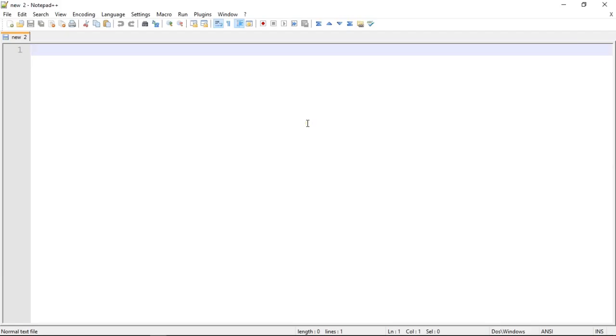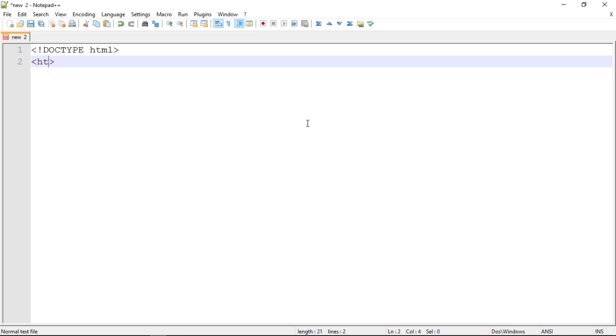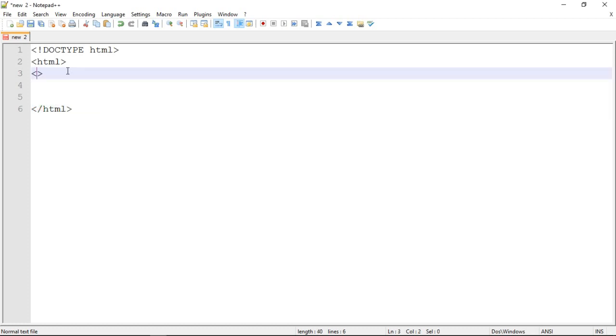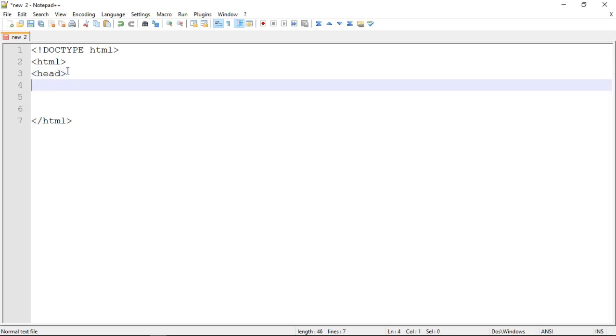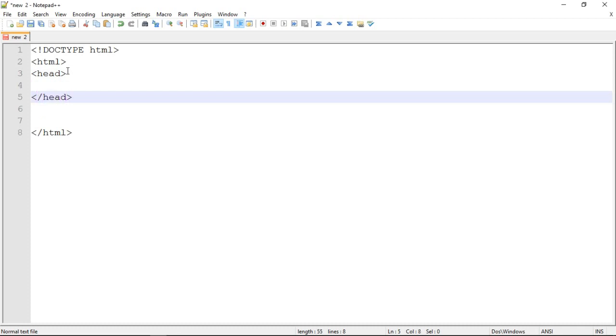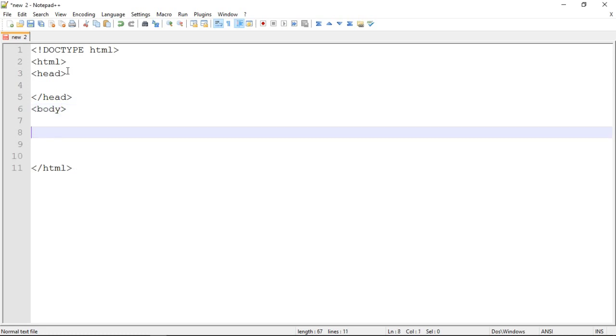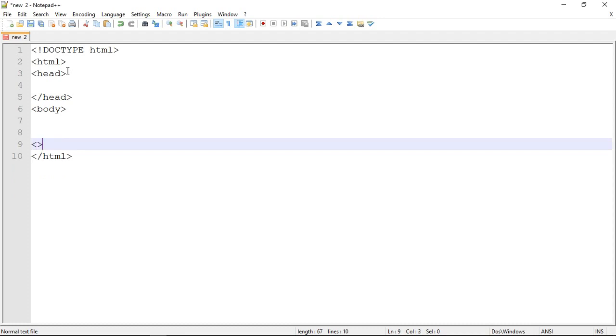The standard practice when starting your HTML coding is to always include the document type, which starts with a less than angle bracket, exclamation mark, doctype and HTML. The doctype is not case sensitive here. Then you should start with the HTML tag. In HTML, for some tags we have to close the tags with a slash and the tag name. Then we write the header part, which is head open, head close, then body open, body close. This is the normal structure of a web page, which contains two sections, a head section and a body section.